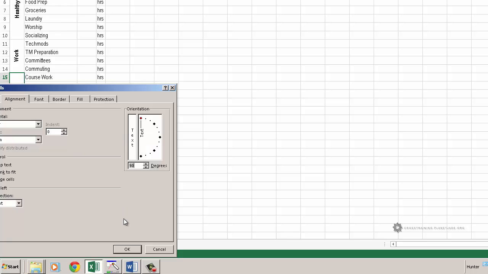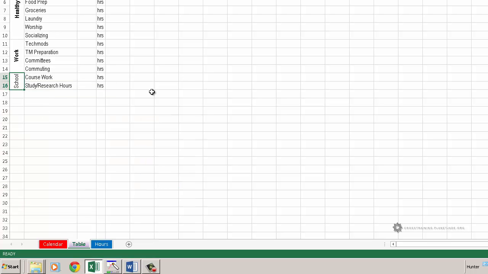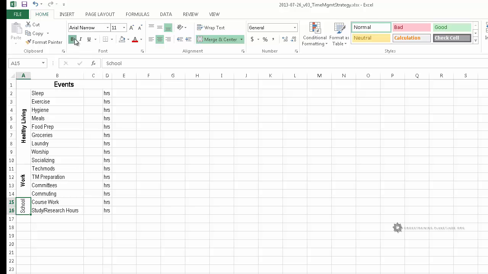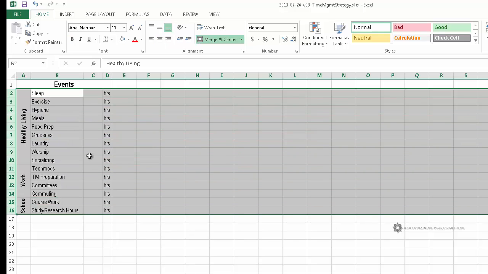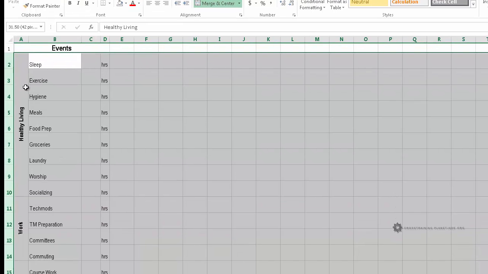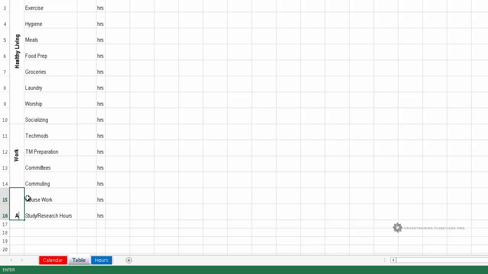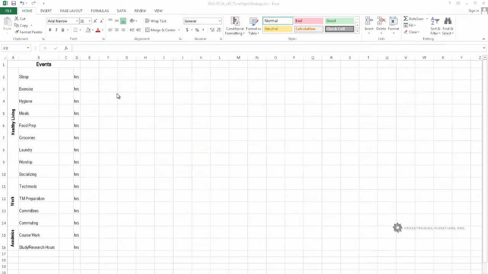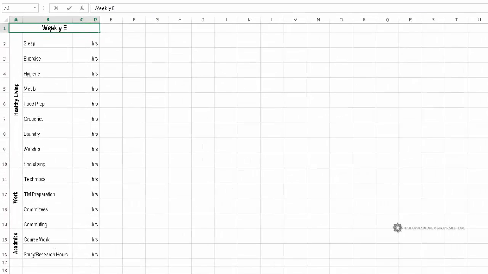Format cell, have that point up. Could call it academics, but it's a little bit longer word and it'll require more. We can already see that this is already requiring more space. So what I might do is just highlight all these, maybe make them all just a little bit bigger. There we go. And if I make it yet even bigger, I might be able to get the word academic to fit in here. There we go. Go ahead and center that. So up here I might want to indicate that these are actually weekly events